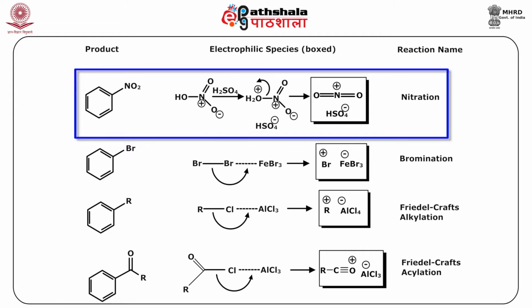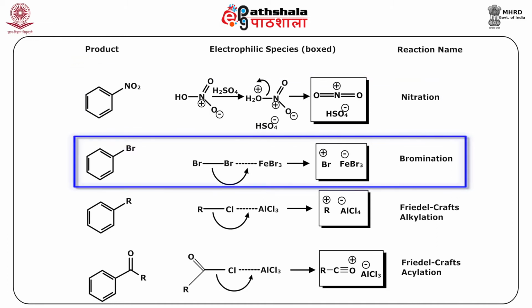Considering this, say we are nitrating the benzene ring, so what will it require? It will require H2SO4 and HNO3. Why? Because H2SO4 helps in the generation of the nitronium ion, which is the needed electrophile in this case. Now if you see bromination, which is part of halogenation of the benzene ring, in this case FeBr3, that is tribromo iron, this compound helps in the generation of Br+ as an electrophile.